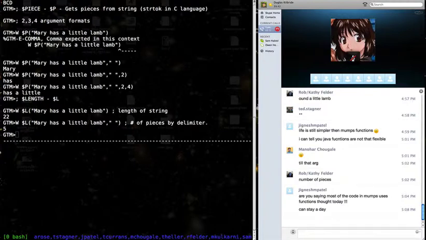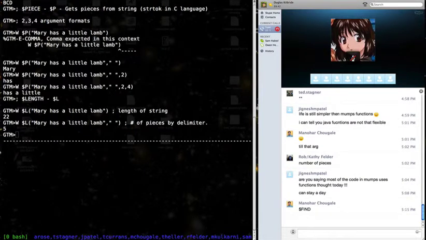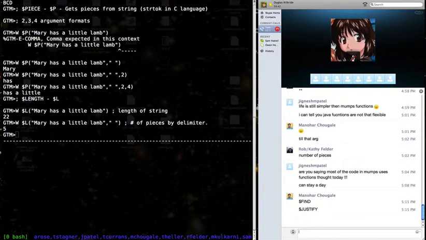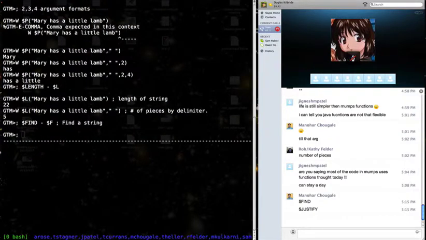I said I'm not going to discuss $reverse again because it's a useless command. Then we discussed dollar find, and we spent a bit of time on dollar find. Oh, here you go. Manohar really wants dollar find. And dollar justify. Thank you. Dollar find is just dollar $f. Find a string, and we said it has